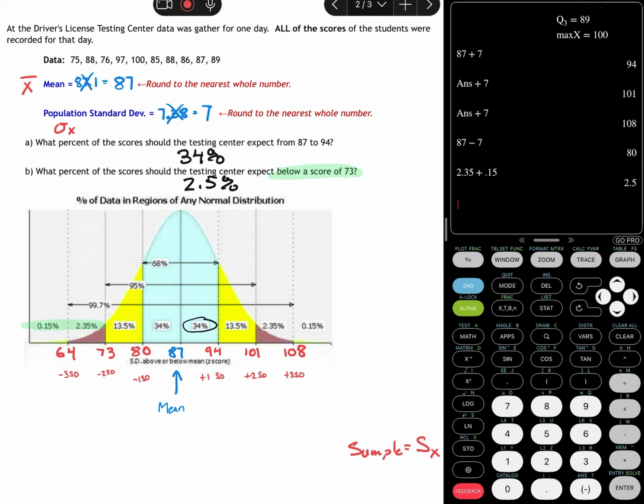So all you do is you look for the numbers you're asked for and add up all of those particular numbers in between. So 34% represents the numbers in between those values, and then above you see between one below and one above, 2 below and 2 above, 3 below and 3 above. Like what's the total amount of percent you would expect